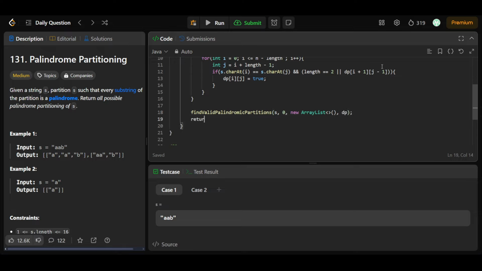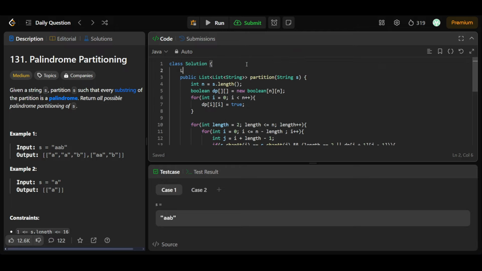Then I'll return the answer variable, which I'll declare on the global scope, that is list of